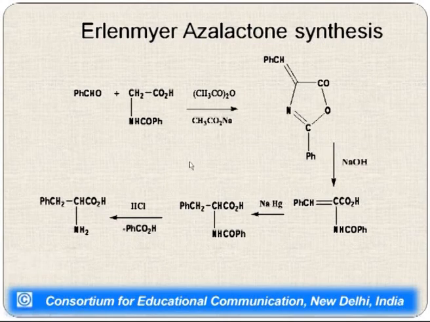But what if I want to prepare the aliphatic amino acids using this? So there are certain modifications which are reported that in place of acetic anhydride, sodium acetate, lead acetate is used, or certain other kinds of molecules are used, and we can use the aliphatic aldehydes to give you the aliphatic amino acids. So this is the synthesis of amino acids which we have done today,